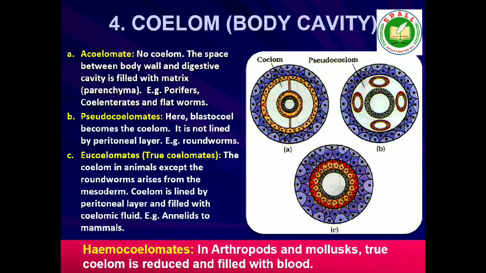In some animals, the body cavity is not lined by mesoderm, instead, the mesoderm is present as scattered pouches in between the ectoderm and endoderm. Such a body cavity is called pseudocoelom, and the animals possessing them are called pseudocoelomates, for example, aschelminths. The animals in which the body cavity is absent are called acoelomates, for example, platyhelminthes.